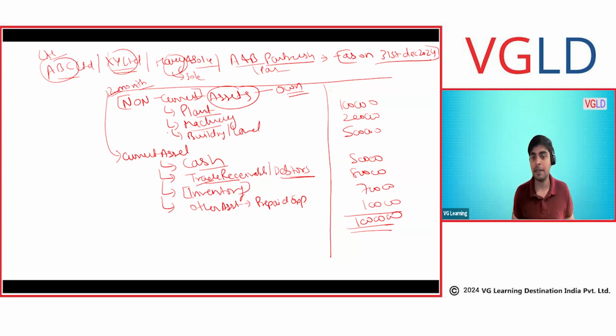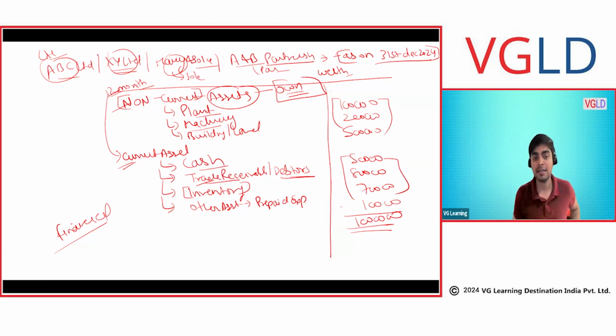But this is the prima facie of the balance sheet, where first of all we show how many assets, how much worth of wealth we have. This is the prima facie look: non-current assets, current assets. Then we move on to show how these assets are financed. Basically, where did the money come from to buy these assets? We have these assets, so let's show where this money has come from.